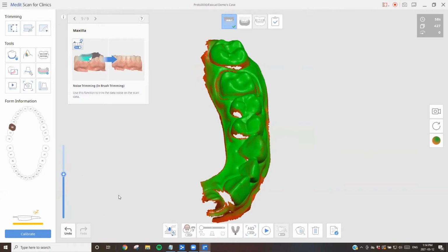So one of the key functions of the Medit i500 is the ability to control the scan depth. So some scanners, clinicians who are beginning to scan maybe are dragging the tip along the occlusal surface. You can lower it down to something like 12 millimeters. If you're hovering, then I would go maybe between 15 to 17. Any areas where you have a tooth that say is over erupted, or you have a scan body or a particularly deep margin, then you can increase this up to 21. So areas like here, if I need to go back in again,